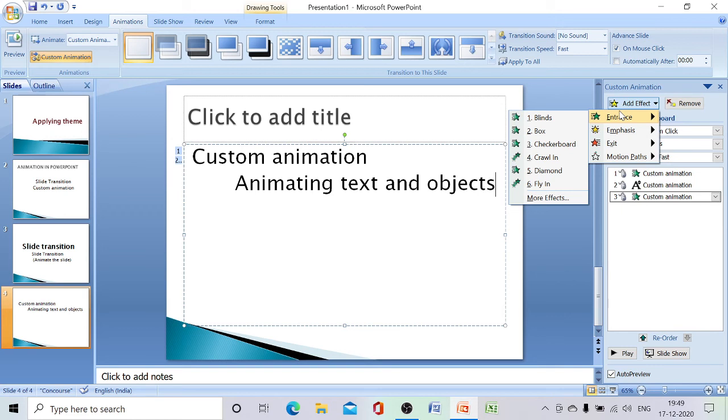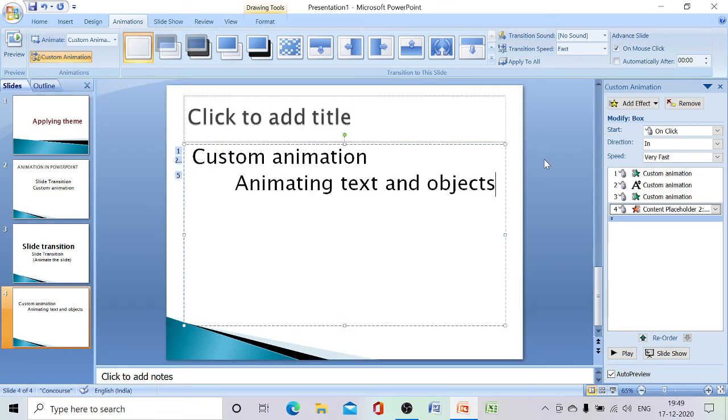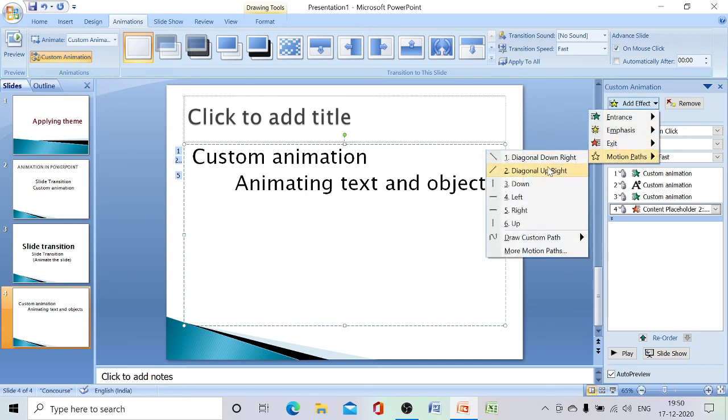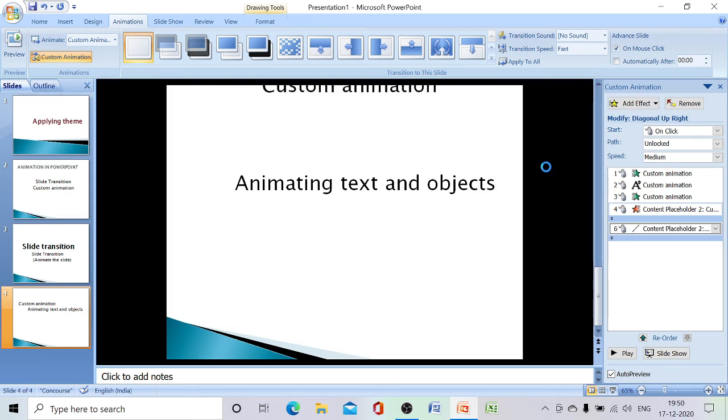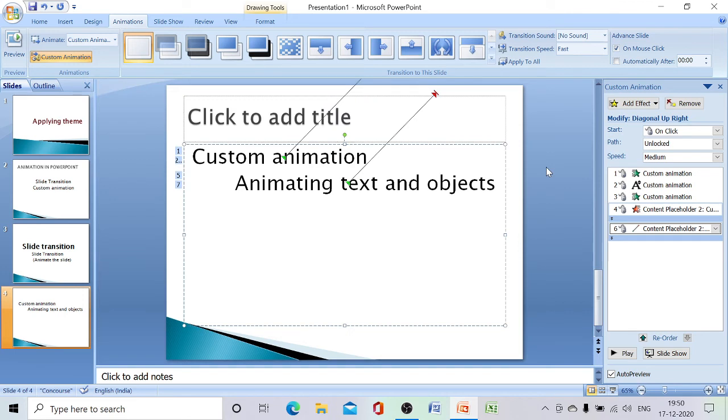If you want to add an effect to an object that makes it leave the slide. See, when I click on this exit, let us click this box. So it has disappeared. Okay, so like that if we want, we can choose this exit option, and motion path is nothing but it will be moving. Yes, so if we want to move the object we have to choose the motion path.